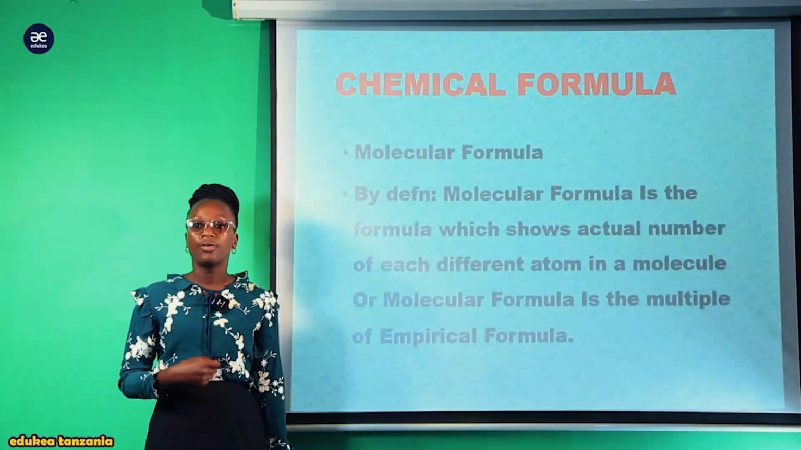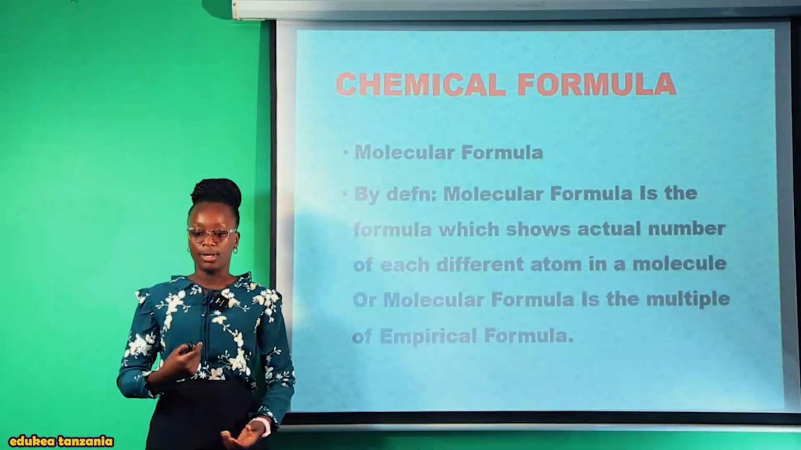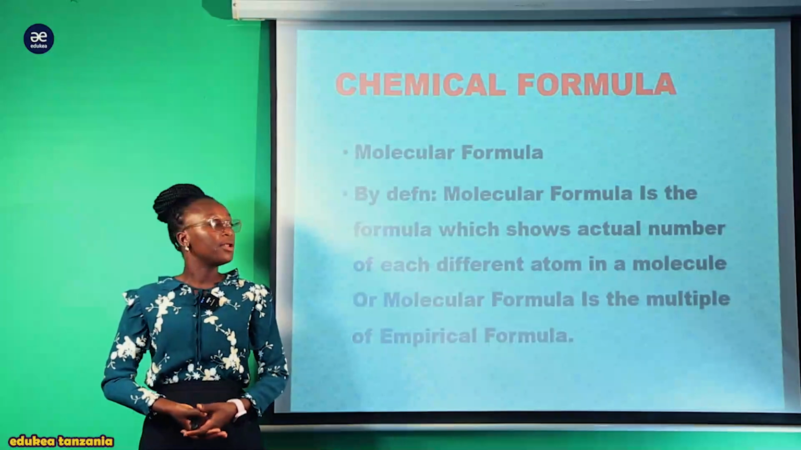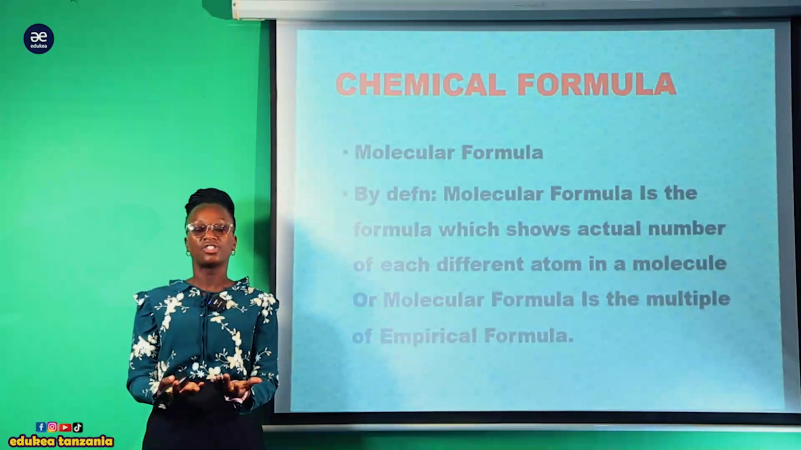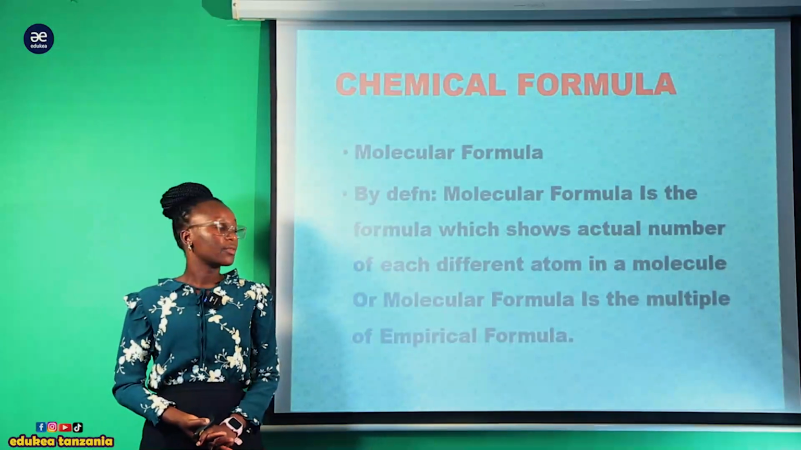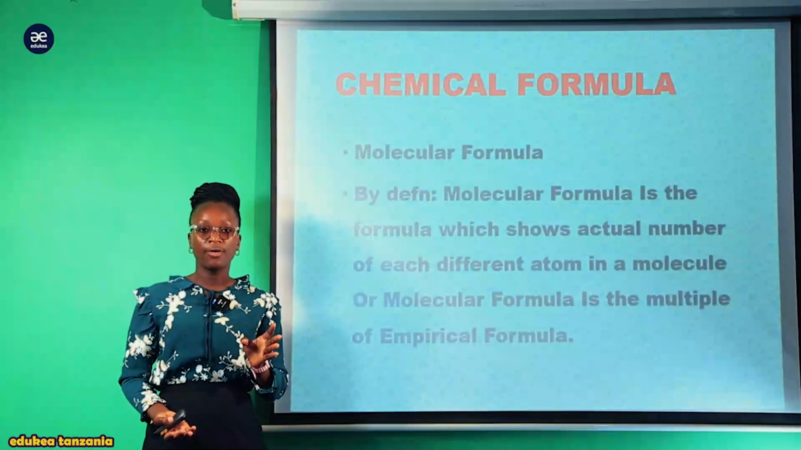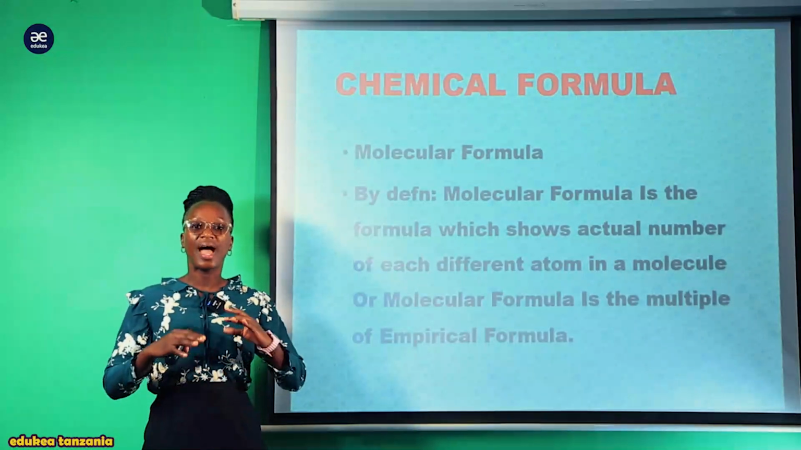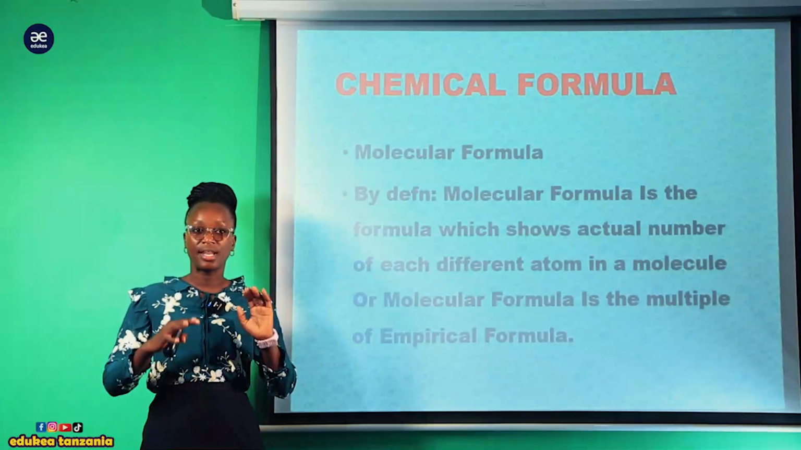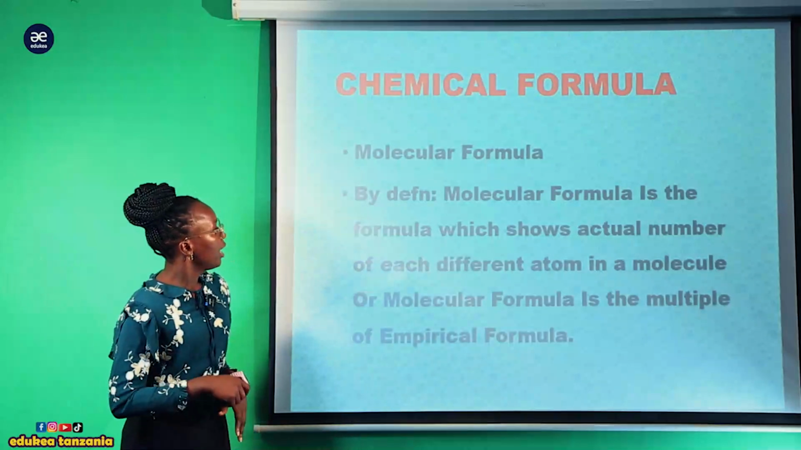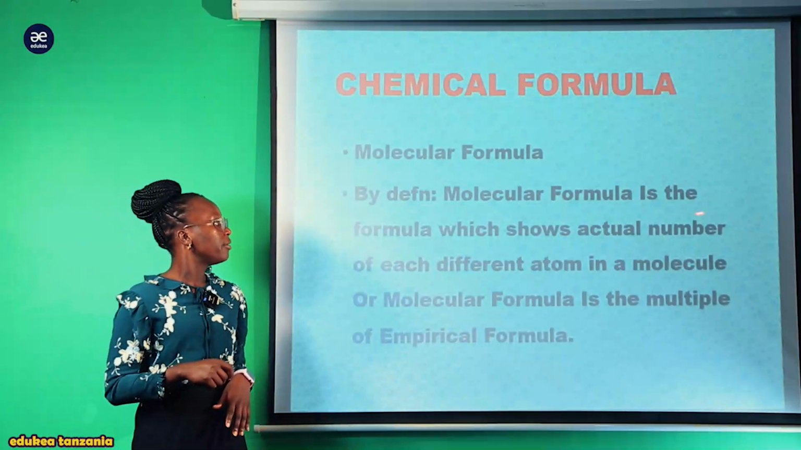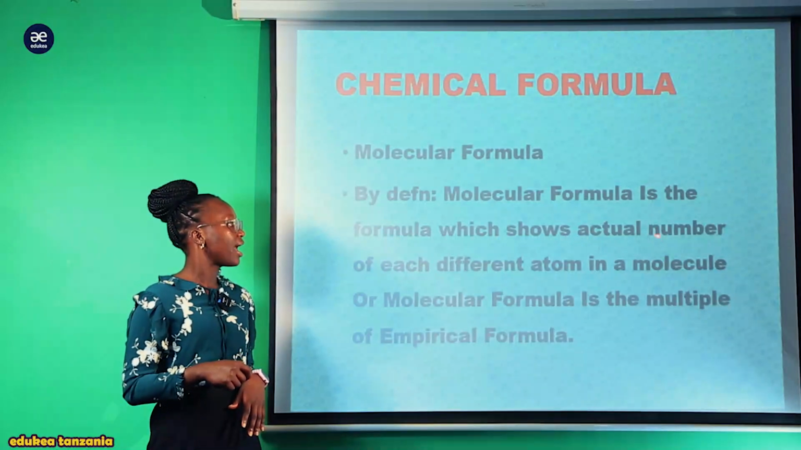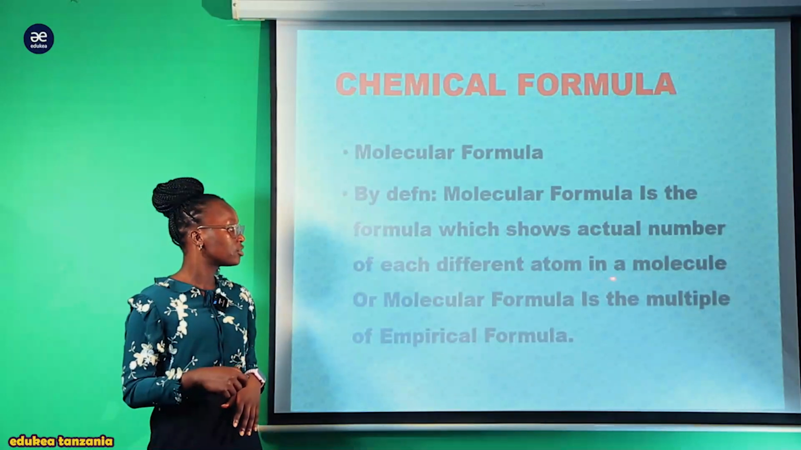Another type of chemical formula is the molecular formula. Here in molecular formula we are going to see the actual number. Katika empirical formula tulikuwa tunaona ile simple ratio only, but here we are going to see the actual number of the elements katika ile compound nzima. And by definition, the molecular formula is the formula which shows the actual number of each different atom in a